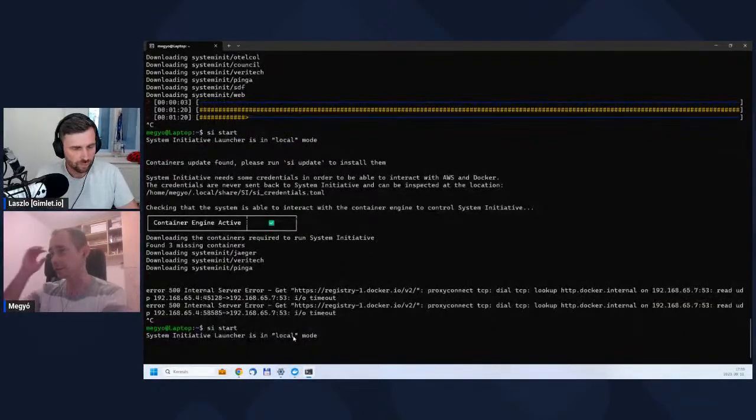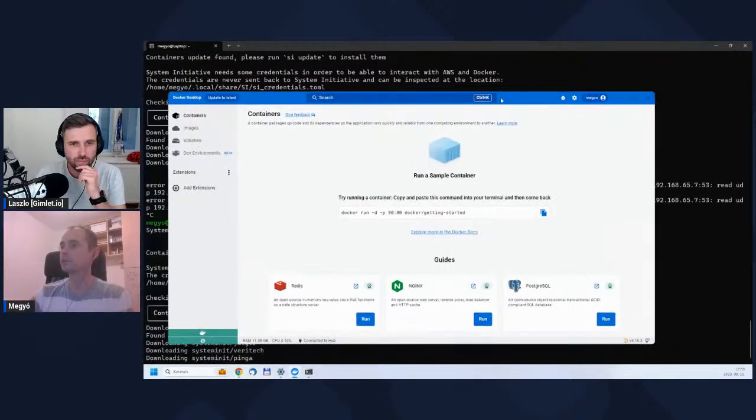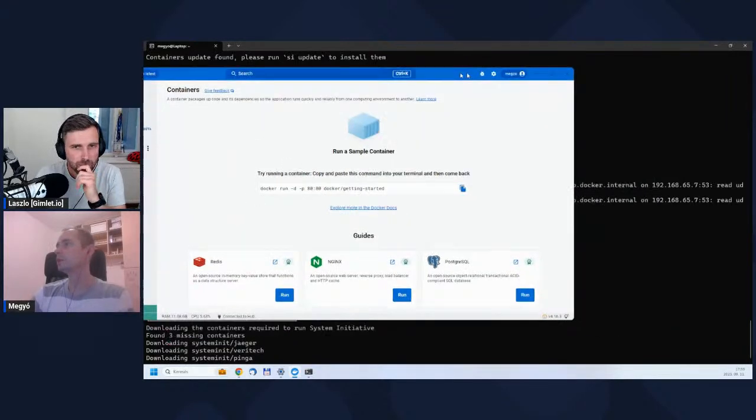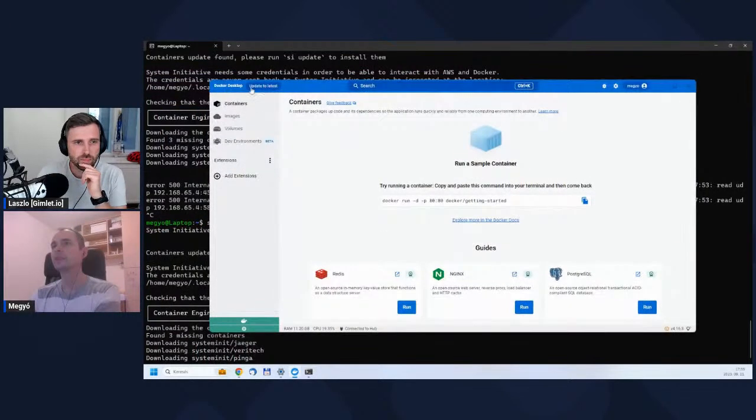Let me see, why is this? Oh, is this because of my Docker Desktop? Maybe something is not working, so maybe I should restart my Docker Desktop if I can.